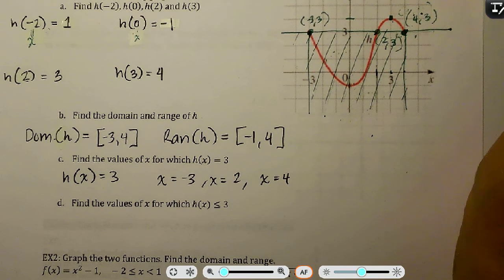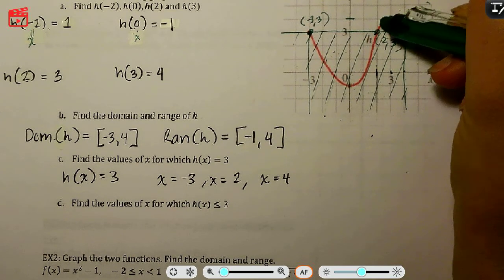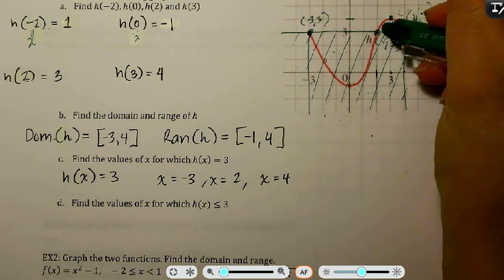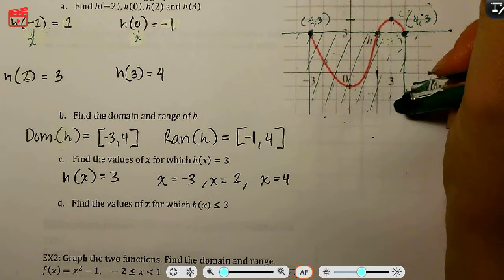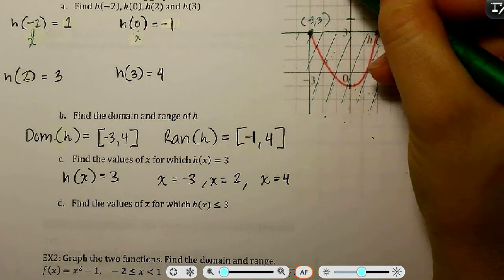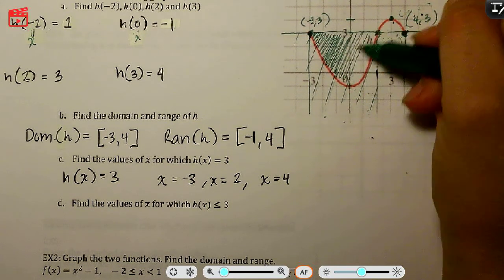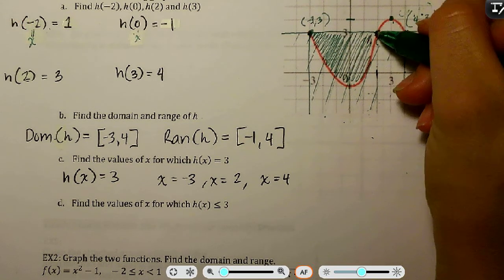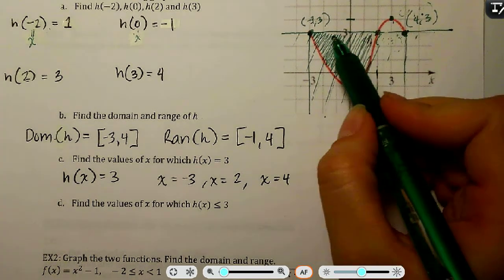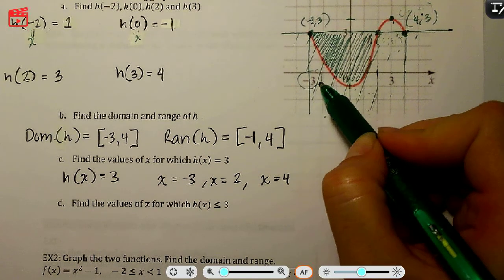But notice, these points here create y values that are bigger than 3. So we're not going to count those. Okay, so let's see. The y values that are less than 3 are all the ones in here. All those y values are bigger than 3. So what are the x values that create this interval here? Well, it goes from negative 3 up until